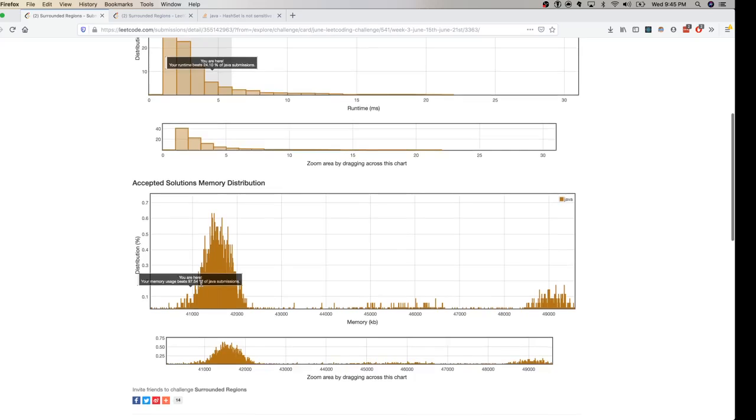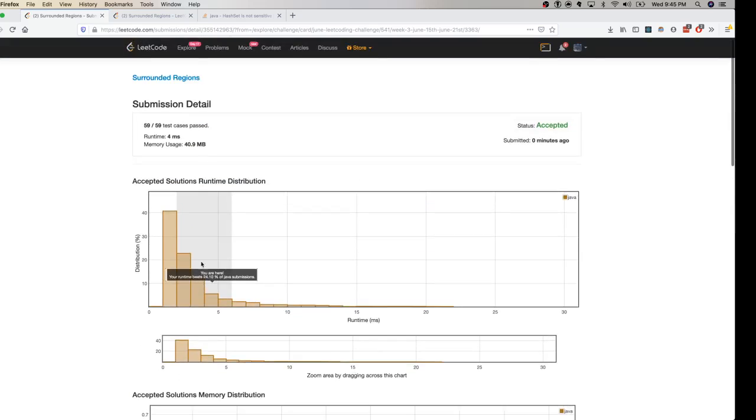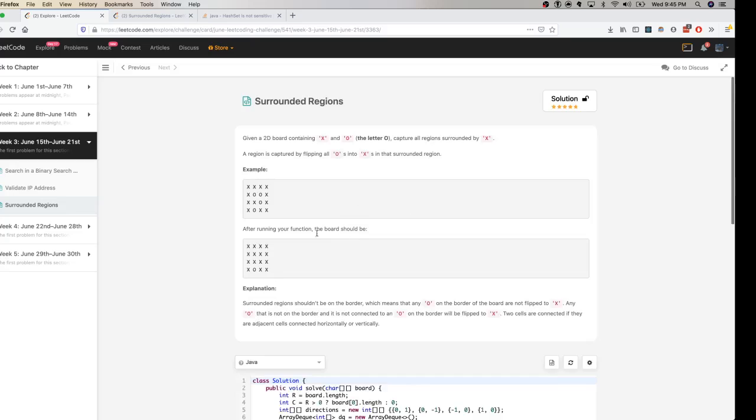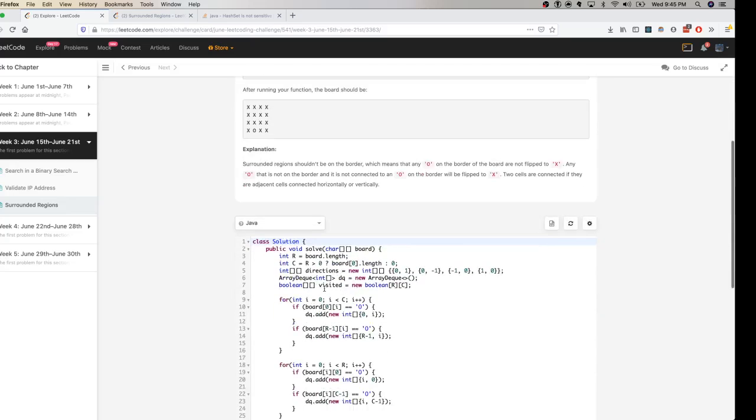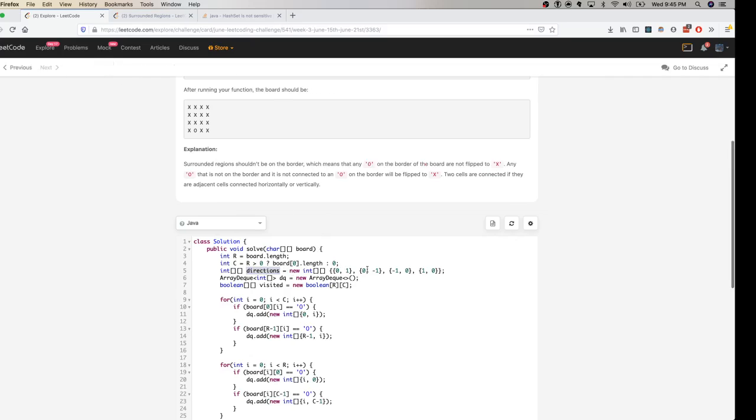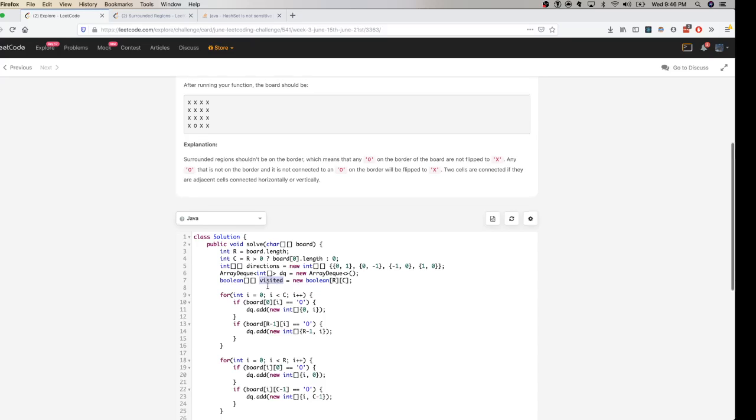and it looks like we have quite a bit of memory usage, since we are using the visited set as well as the directions. I think you can ignore the directions because it's just 4 directions which you have, but using the visited 2D array is going to cost you more.